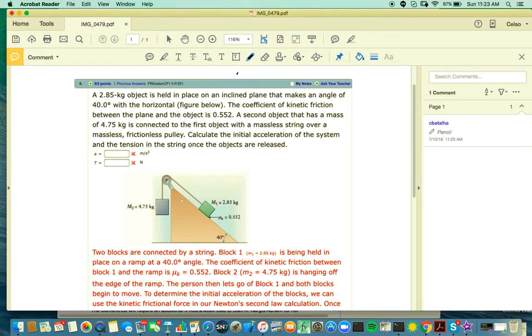Okay. So then you have two blocks, and supposedly the object, 2.85 right there, is held in place on an inclined plane that has an angle of 40 degrees. The coefficient of kinetic friction is given right there. The second object has a mass, which is this one, connected to the first object with a massless string over a massless pulley. Calculate the initial acceleration of the system and the tension in the string once the objects are